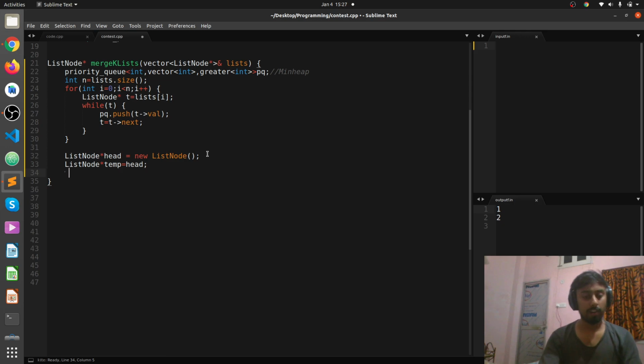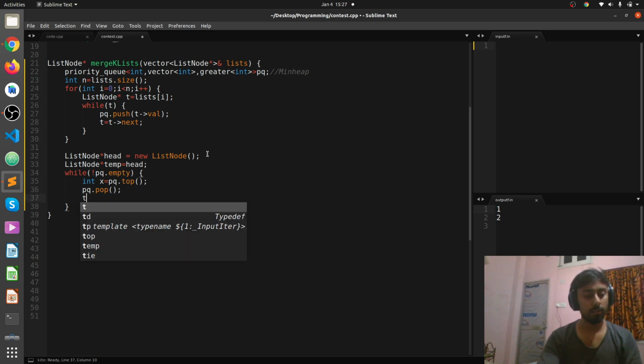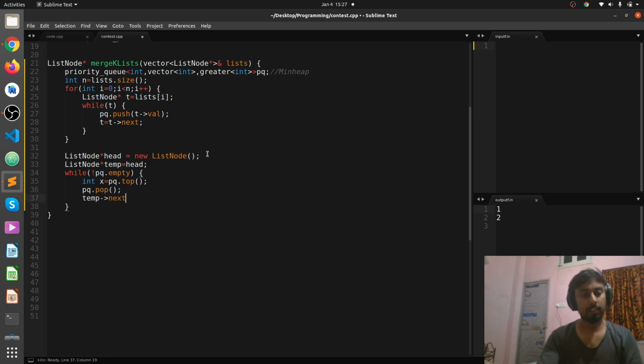Now what we can do is, until our priority queue is empty, we pop out its topmost element, and we make temp next equal to a new list node of value x, and then move temp to its next pointer.